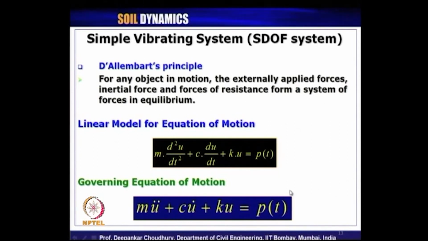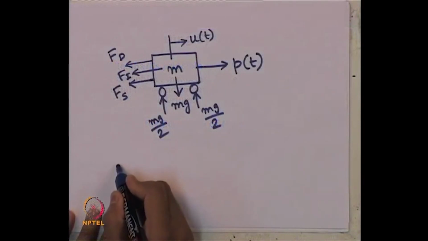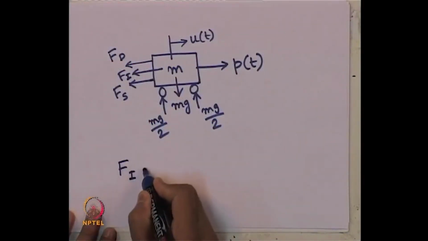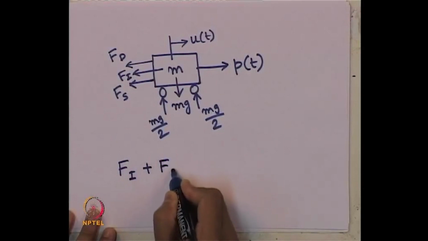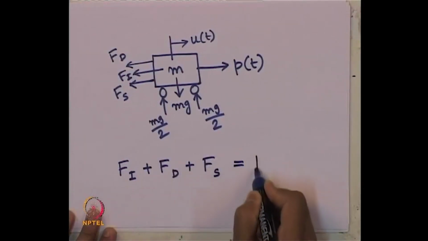So, in simple words, what it means is that F I plus F D plus F S is equal to P of t,